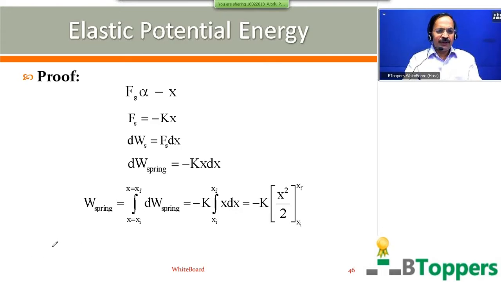The total work done by the elastic force by the spring as x changes from xi to xf can be found by integration. Come on, copy down the working, same thing which I have discussed earlier. I am showing you the working here. Therefore, you get W subscript spring equal to half k into xi square minus xf square. Come on, copy down the working. In case you need more time to copy this working, you can take a pause and take your time.